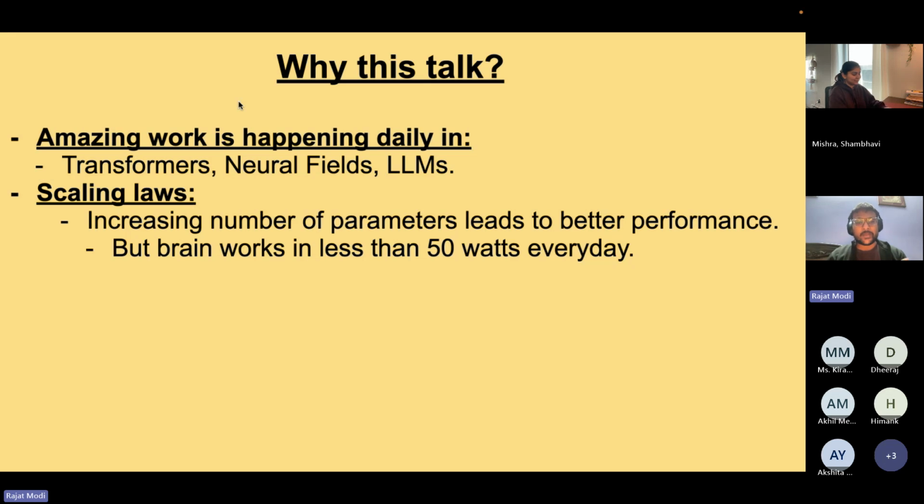But if you see how our brain works, you can just eat a sandwich and the brain is able to think in less than 50 watts every day. And that can give us human level performance in a variety of tasks. But for some reason, it is not happening in LLMs. So the trend is that instead of trying to come up with a way to do AI in 50 watts, people say let's just throw more compute at the problem, which is like take bigger, better GPUs.